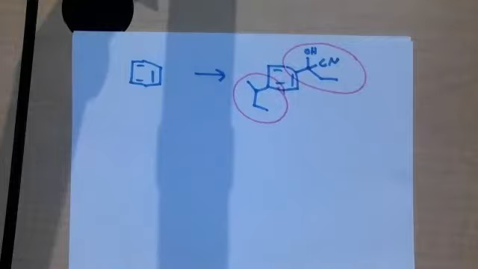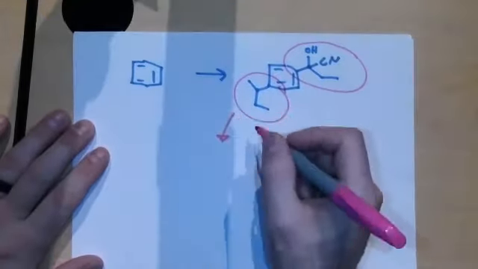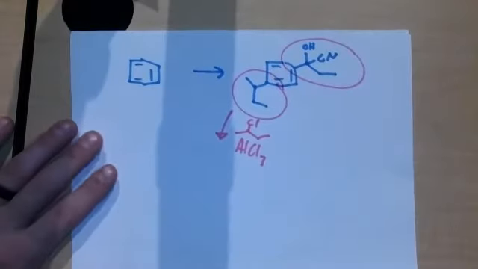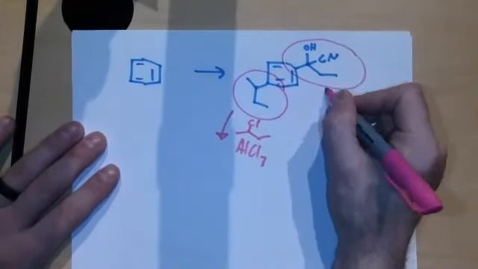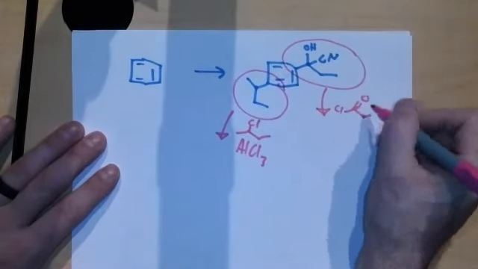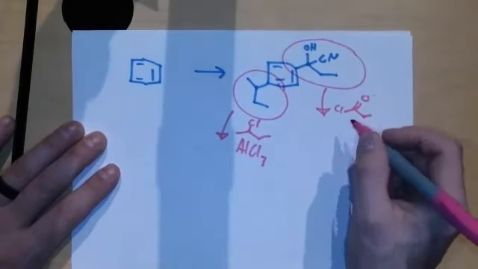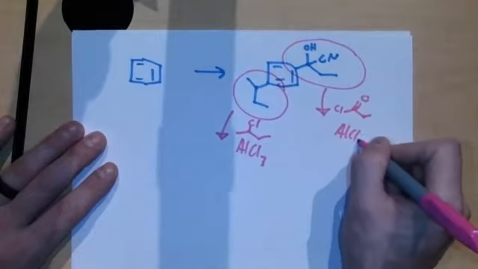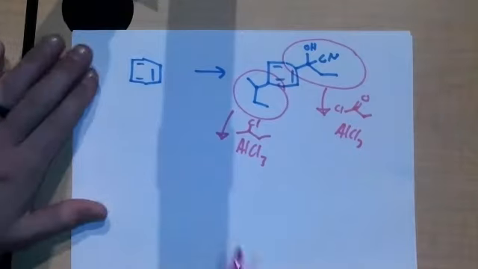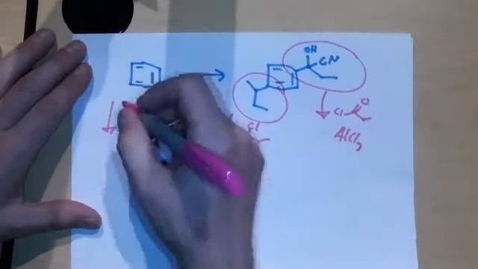If I try to analyze where I think they came from, this one's probably pretty straightforward. It's going to be something like this. This might have been an acyl group, and then we came in with the nitrile. So that might be kind of our two-step way to get there. All right, there's really two different ways you could do this. I'm going to do the way where we add the alkyl group first. So if I add my alkyl group, this here,